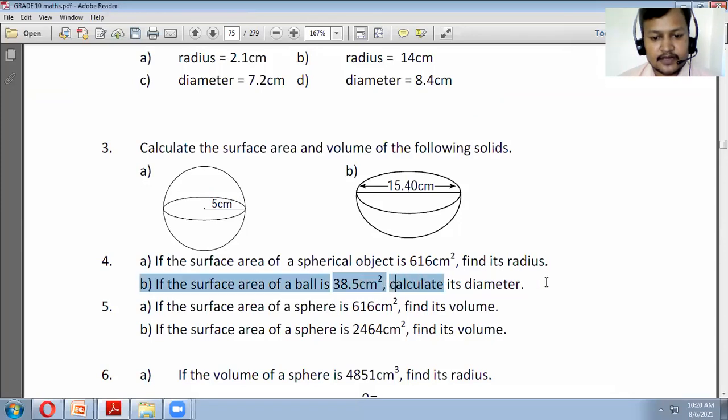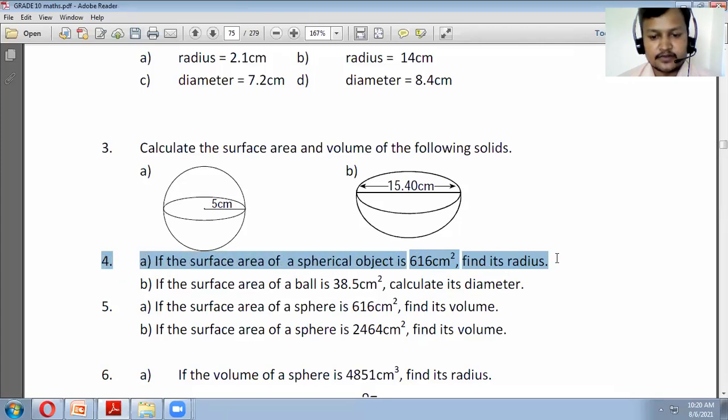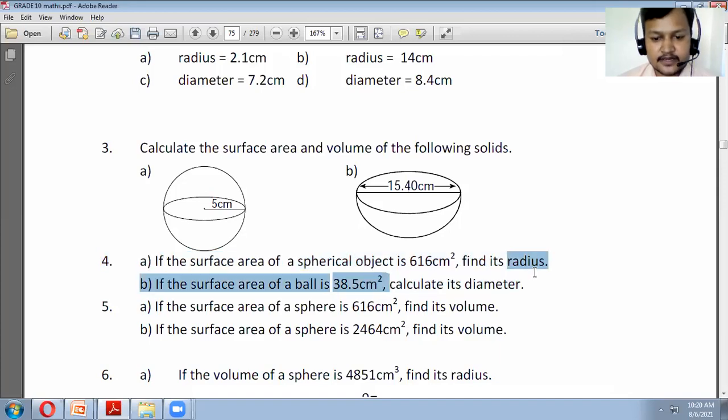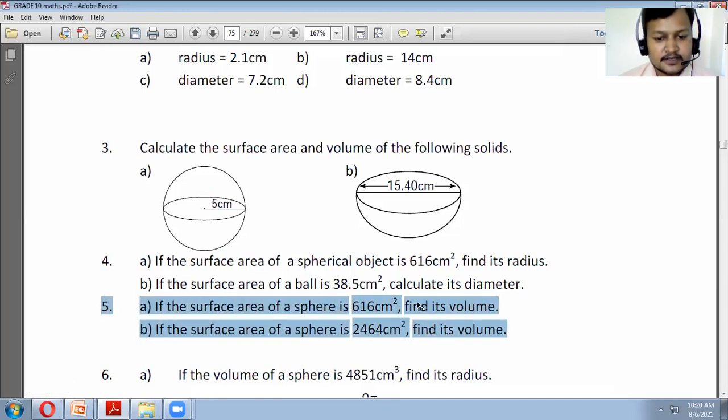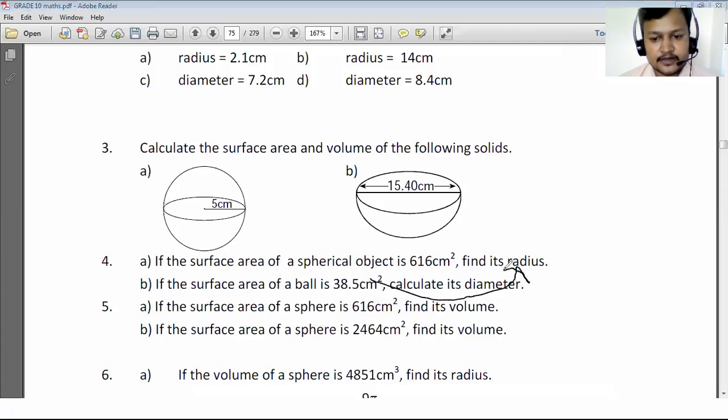Now here, we have to use the formula having diameter. In the first question, you have to use the formula having radius. But as we discussed previously, you can use one formula only also. Then you can convert radius into diameter at last. And I left this question because in question number 5, it is said to calculate volume. So for question number 5, if we know the surface area of sphere, at first we have to calculate the radius. Here also what we have to do is the same: first calculate the radius, and after calculating the radius, then we have to find out the volume.